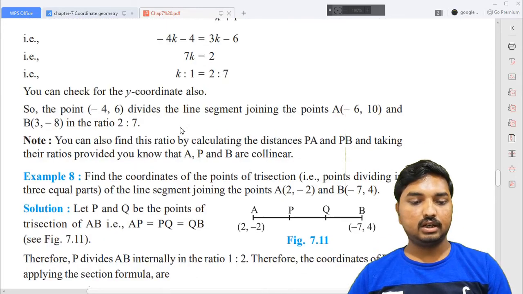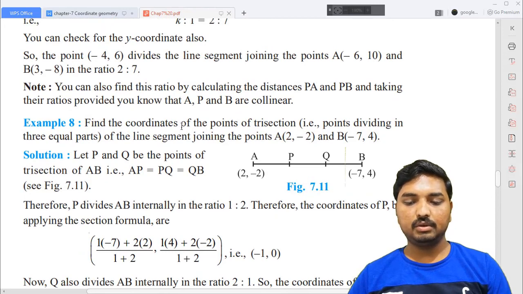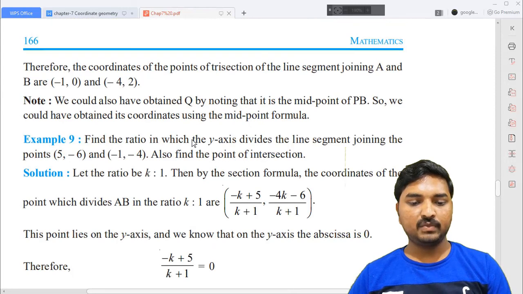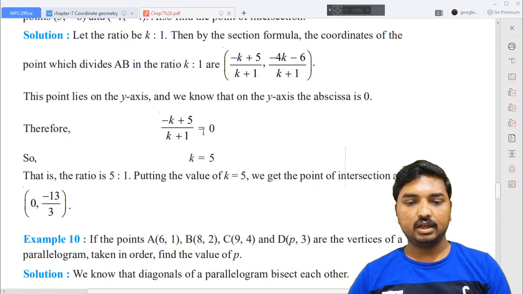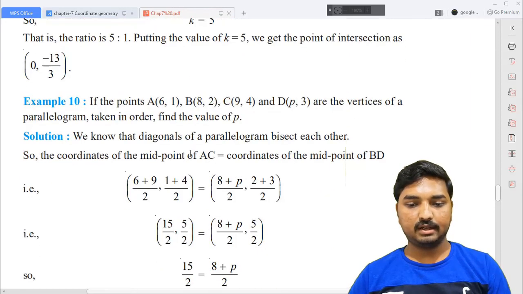Case k is to 1, and example 8 is given for you. So he is going to extend the section formula. I think you can understand this one. When I solve the questions related to the section formula, example 9 is also given for you. Once again he is going to ask to find the ratio, which means he is going to ask m1 is to m2 again. That's why here I'm going to use the k is to 1 formula. So that's why it's very easy. And here it is related to a parallelogram, I think.